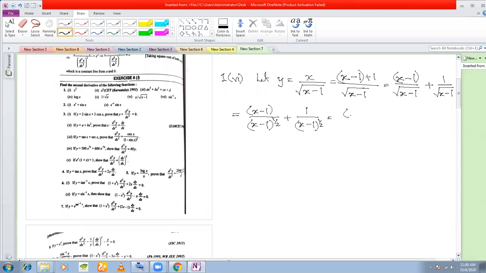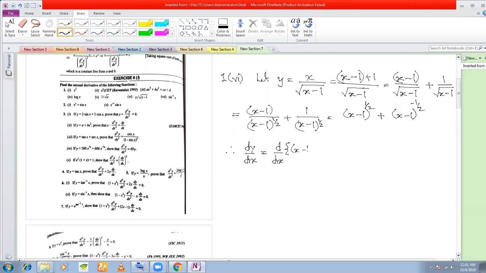Now by the laws of indices, you can write this as x minus 1 to the power of half, or root x minus 1 also, plus x minus 1 to the power of minus half. So therefore, now we can differentiate very easily instead of using u by v rule. Therefore, dy dx will be your ddx of